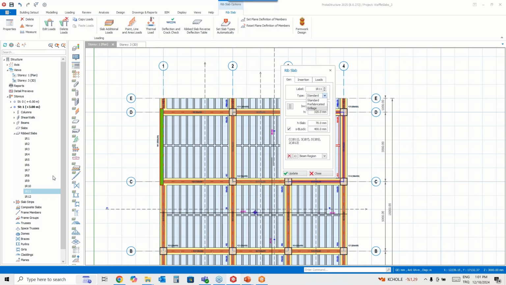Is it possible to model tapered beams? Unfortunately, no. Tapered beams are not supported yet, but it's on our development list, and we are aiming to develop this feature in upcoming versions.